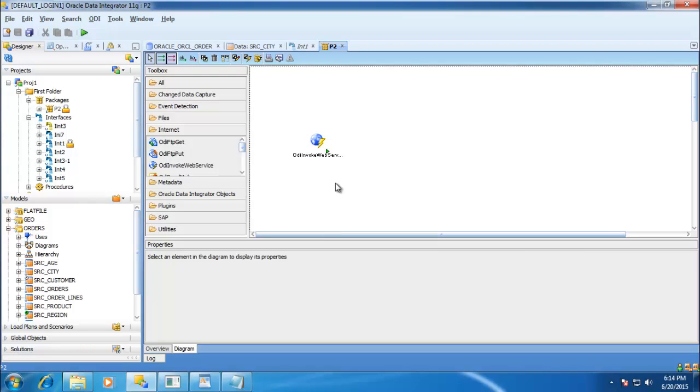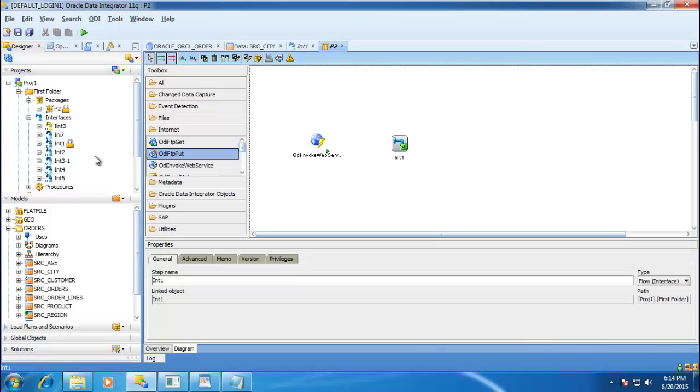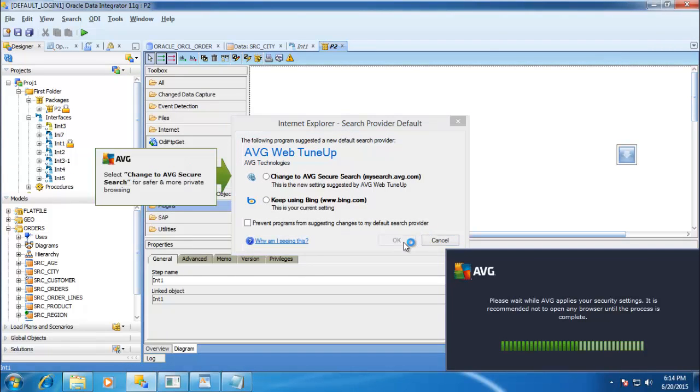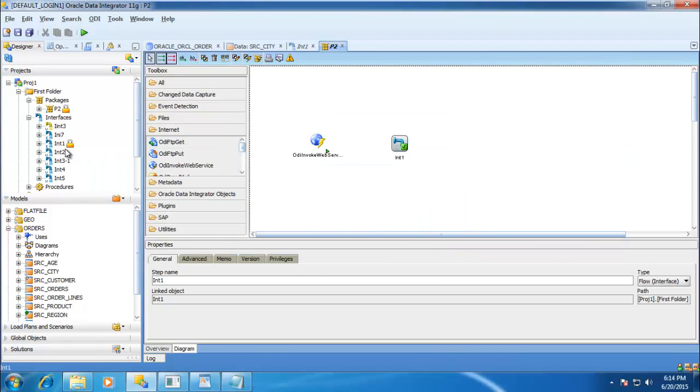This is the place where I can call multiple interfaces in my package, and I can connect them.